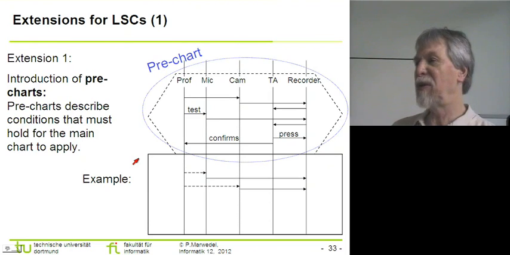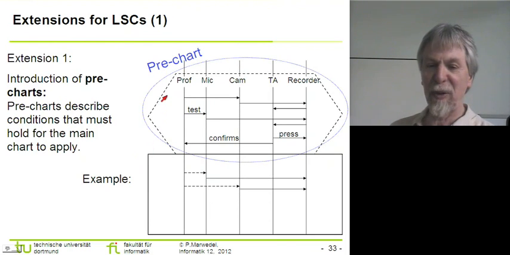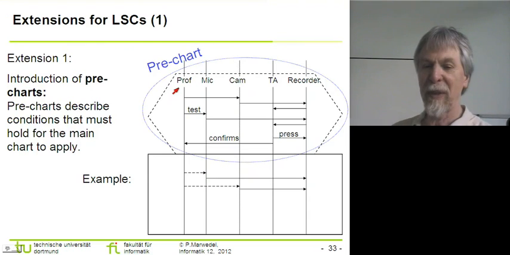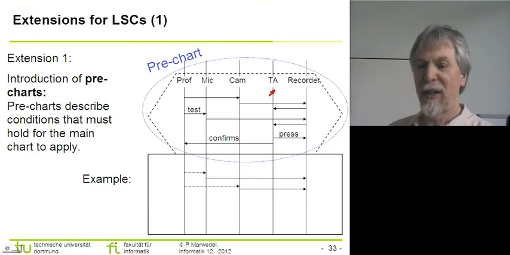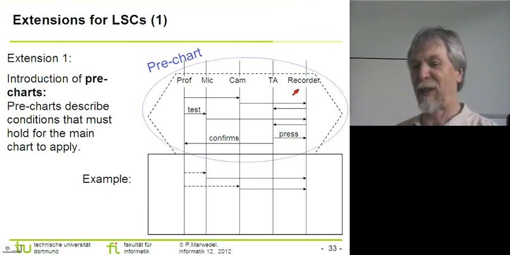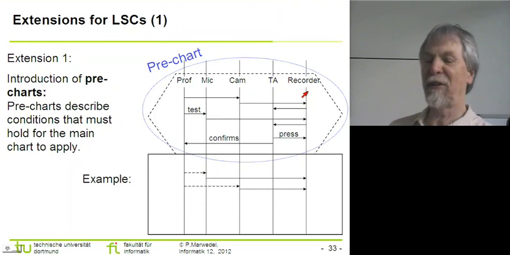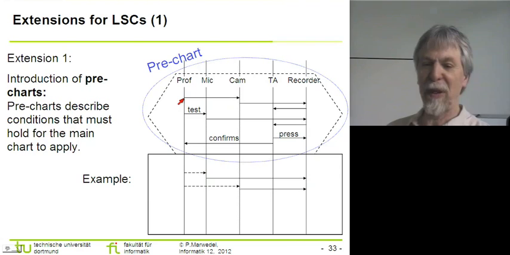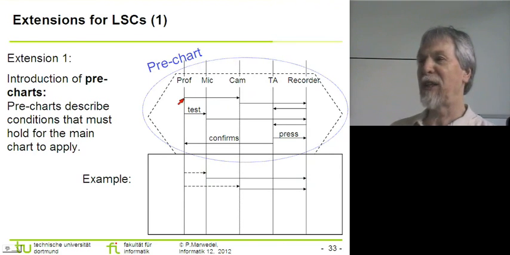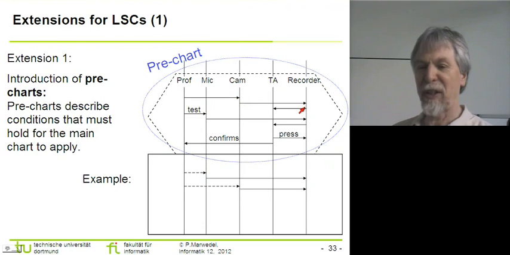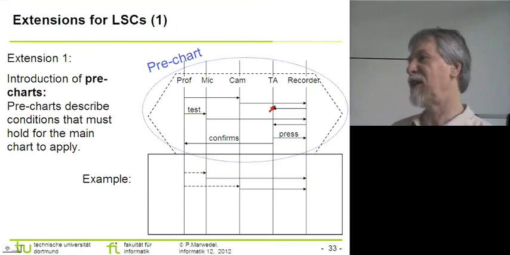And in this case, I'm using as an example also something that you know from this course. We assume that we have a professor, we have a microphone, we have a camera, we have a teaching assistant. It's the same as a recording assistant when we have an actual recorder. Now, before we start the recording, we assume that the professor steps in front of the camera and the camera transmits certain signals to the recorder, and then the TA is checking whether these signals are actually visible on the recorder, and this means that the